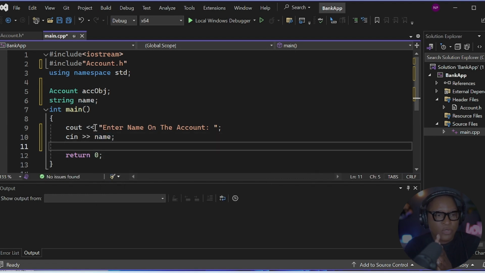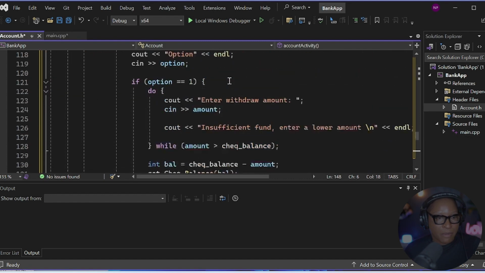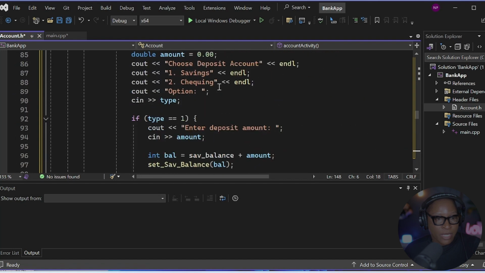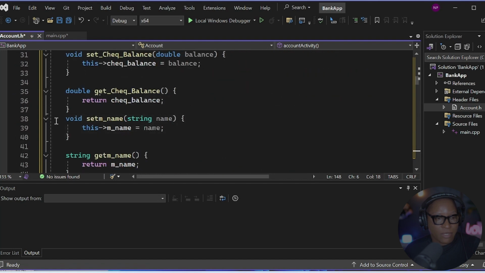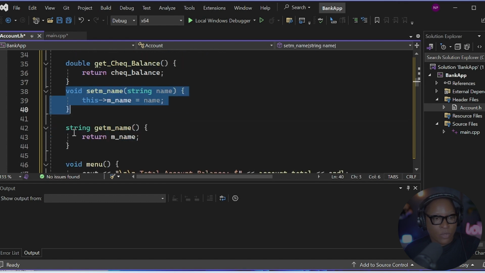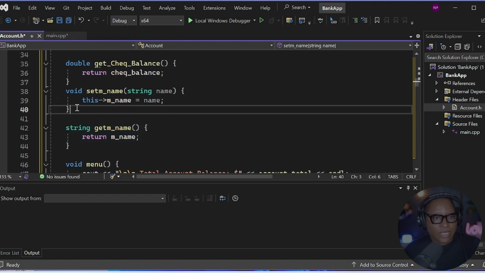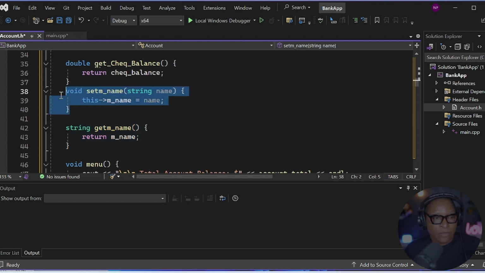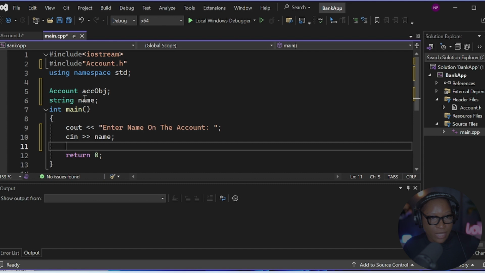Once the user has entered the name, I want to call the set name function inside of my class. If I come back up here, at lines 38 to 40, I have the set name, and I also have the get name method. So I'm going to use this method, the set name, from 38 to 40 to set the name that the user has just input. I have to use my object that I just created. So I'm going to say